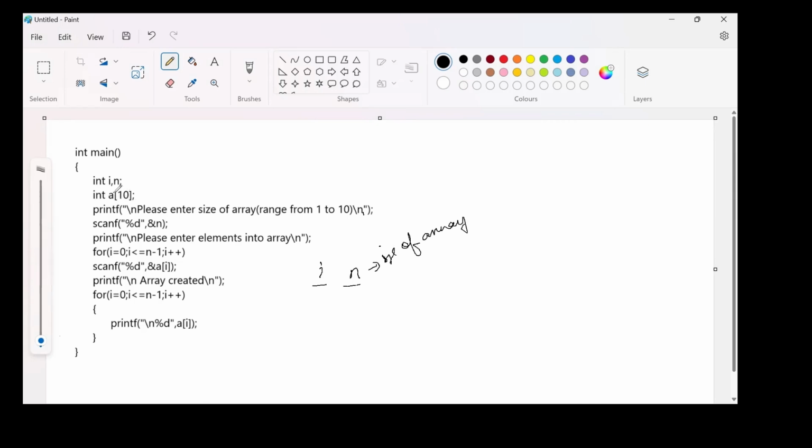Then the next statement is int a[10]. a[10] means the name of the array is a. It can store a maximum size of 10, and all the elements it is able to store are integer values. So this is our array. 10 elements, an integer requires 4 bytes, so total 40 bytes are reserved right now. For example, if it is 100, then it is 400. So the maximum we can store is